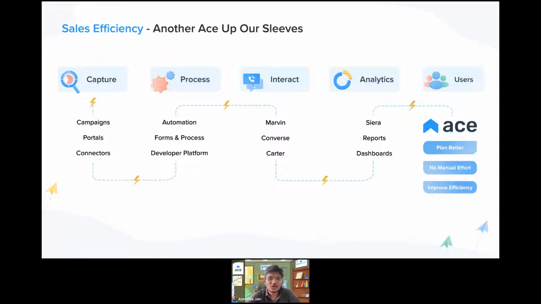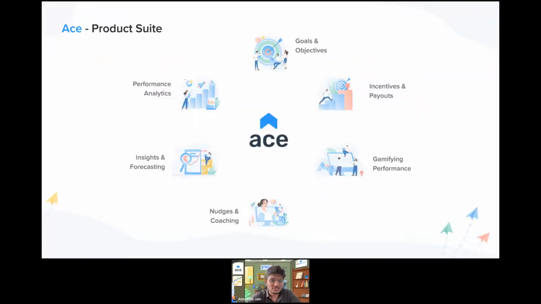It helps you set the right kind of objectives across your business function, be it a business of 5 sales reps or 500 sales reps. That doesn't matter. ACE works for any scale of business and any vertical. Now, ACE is definitely not limited to targets and achievements.